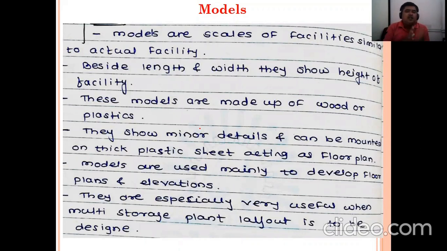You might know that different house models are available. So you can prepare your own models, and models can be prepared with the help of plastic or wood. That means lightweight. It can be carried from one point to another, and most of the time it is kept in a glass case so that other people can see it.